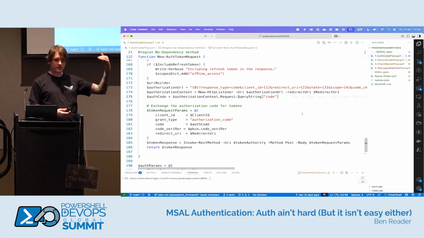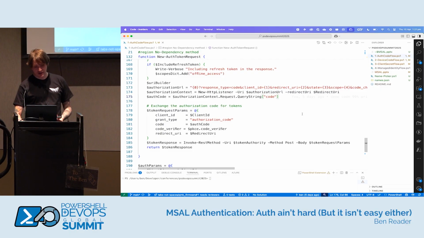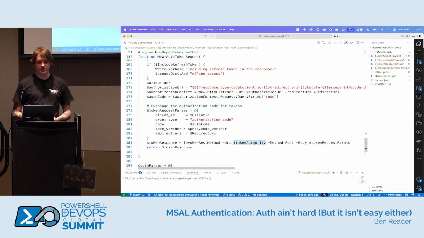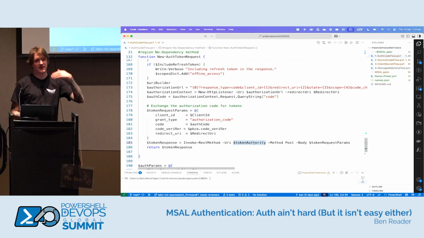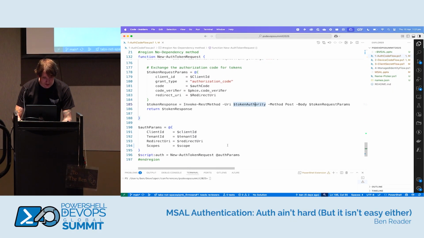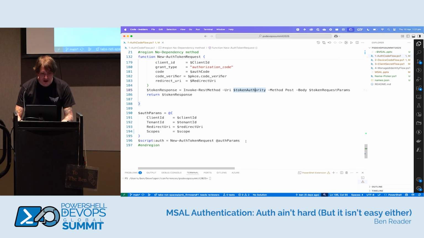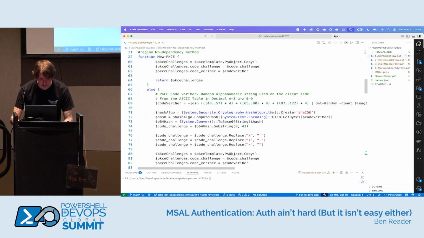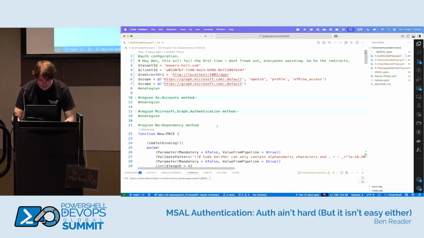This is our auth context. And the second thing is, once we have that auth context, we invoke a REST method, send that back out and say, give me my access token. Okay, we're all following along, this is fantastic. We can wrap that all up in a simple little solution called new auth token request, and then we get our token. So let's load some things up and see this fail, so I can show you what I did